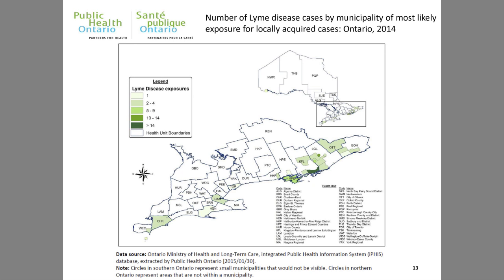This one shows locally acquired cases from 2014, which lines up with certain things. The colors look a little off, but you can see the St. Lawrence region, Kingston, and Leeds health units have large numbers of cases occurring in those areas. This is based on the most likely exposure. Where do we think that person got it? I don't remember what I had for lunch yesterday, but where do people think they got it? Where's the exposure? There are different levels of that as well. But this is where we're seeing them.